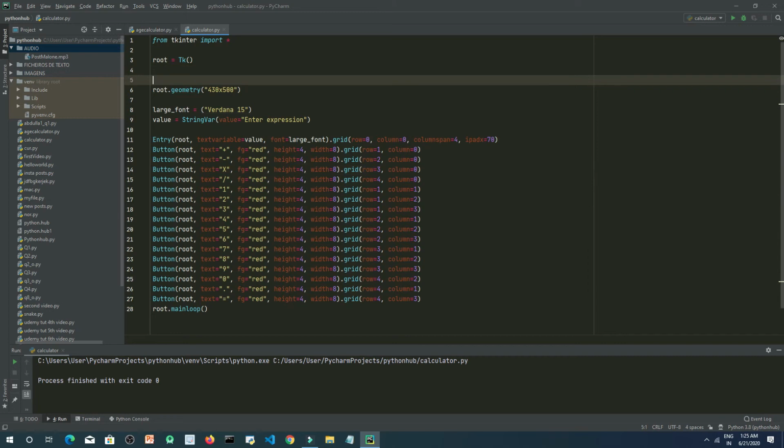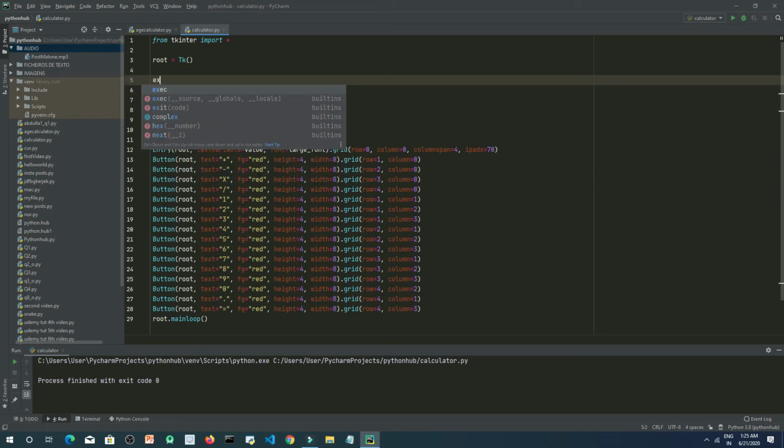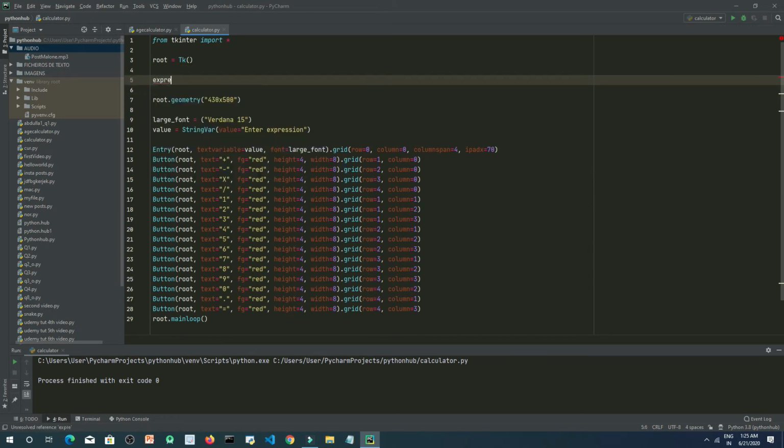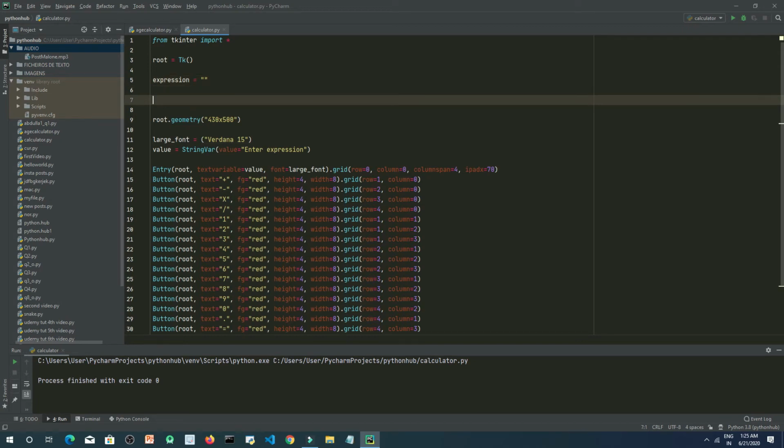Let's first declare a variable here, that is expression equal to null. Initially we are initializing it with the null string, right? So now let's create a function. This will set the expression, so let's name it set_expression. This will take a number or anything which we want.